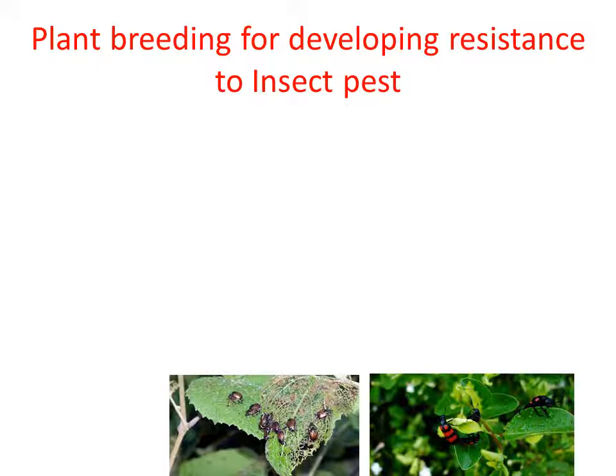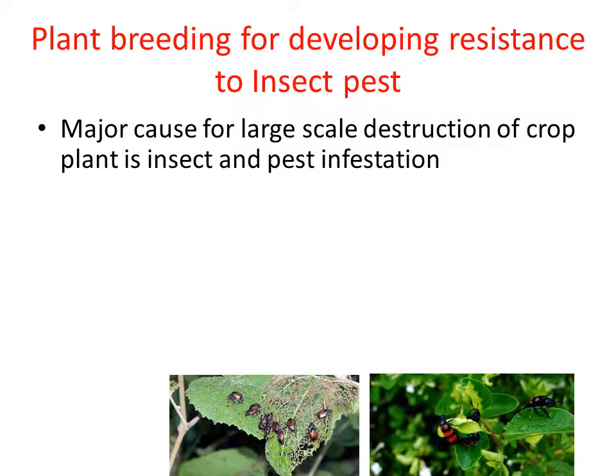So we all know that insects are the major cause of large scale destruction of crop plants, right? There are different varieties of insects. They come and feed on different parts of the plant. Some feed on the stem, some damage the root, some eat leaves. So by feeding on different parts of the plant, they drastically reduce the yield. So the yield obtained is of poor quality, and sometimes the plants are not able to produce the grains, right? So because of this, insects and pests are the major cause of the great loss taking place in the crop field, right?